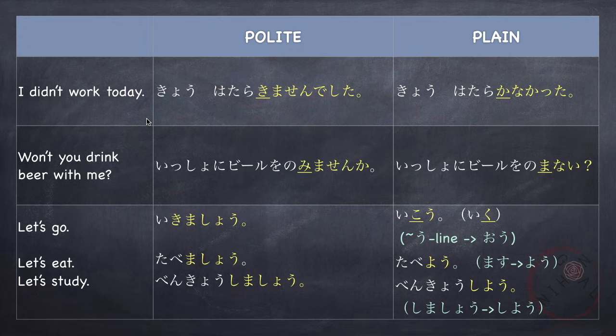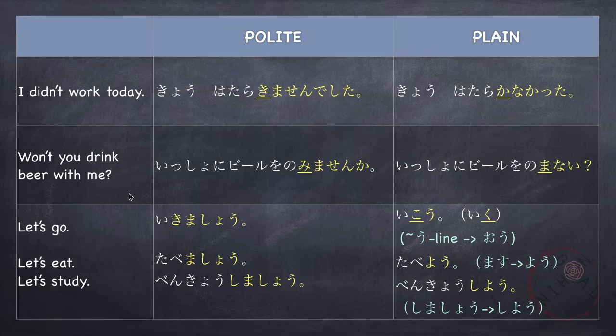So here we have a negative past statement. 今日、働きませんでした。In plain form, 今日、働かなかった。So here we change the き syllable to か and then added なかった。働かなかった。